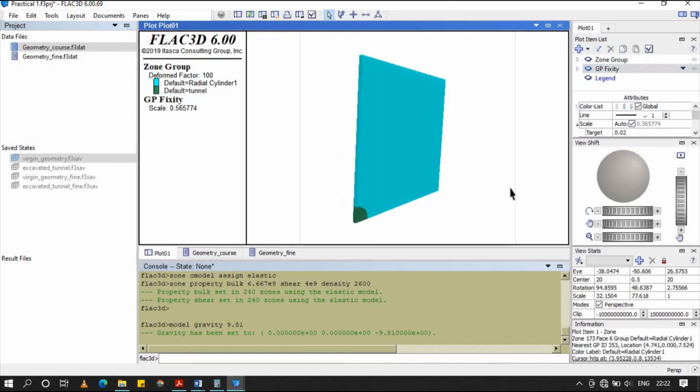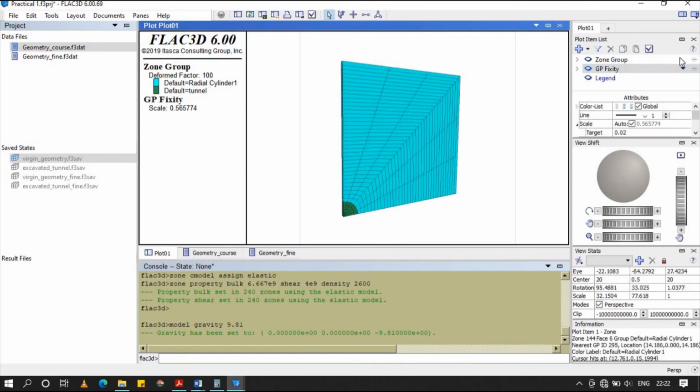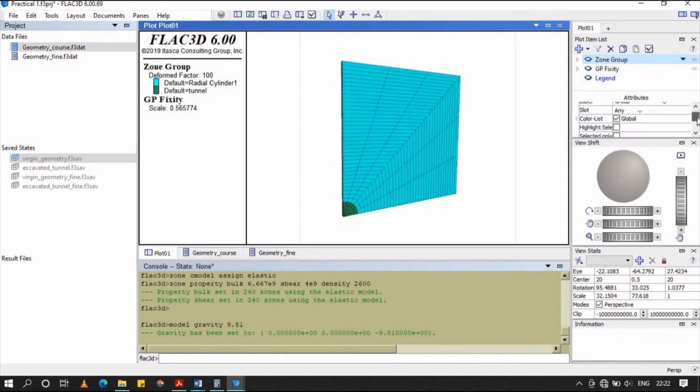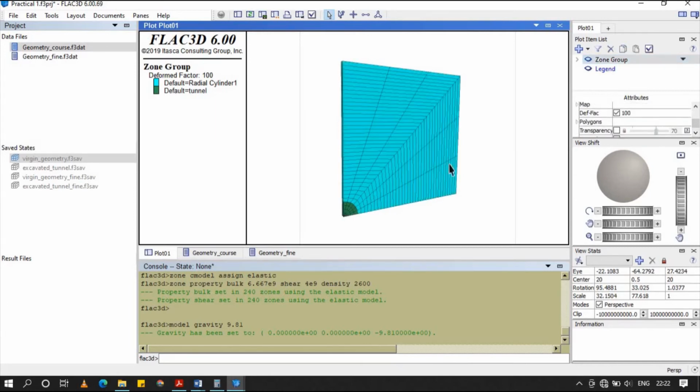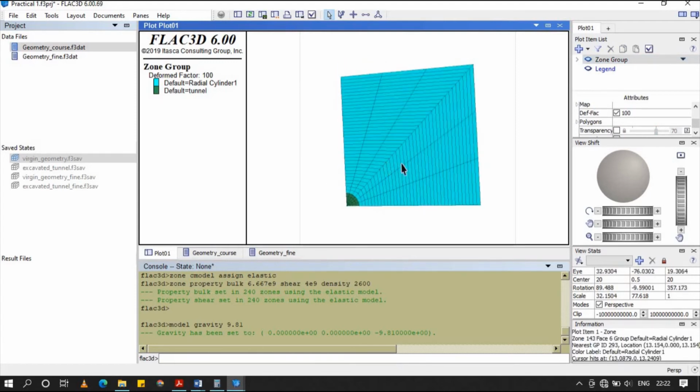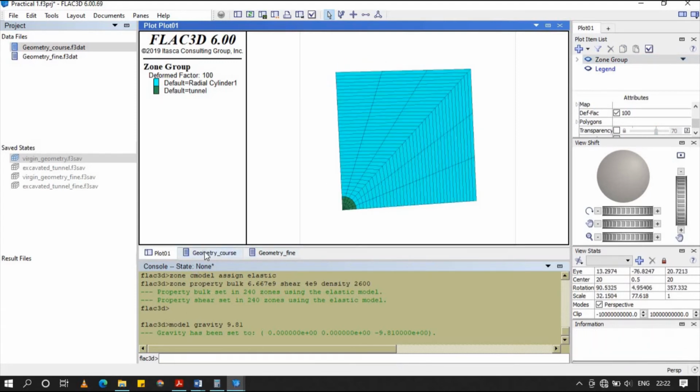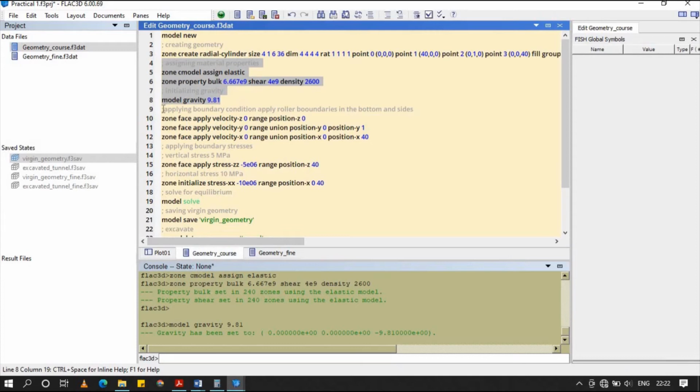It's not showing. Otherwise it should have. Don't know what's wrong. Okay, no problem. Oh, we have not applied it yet, so it's not showing.